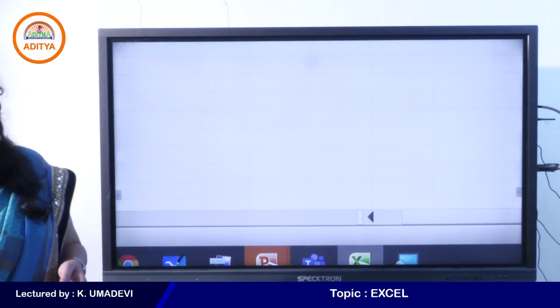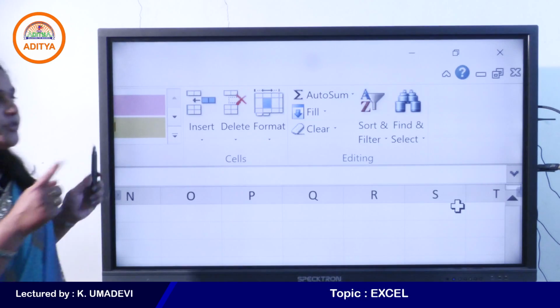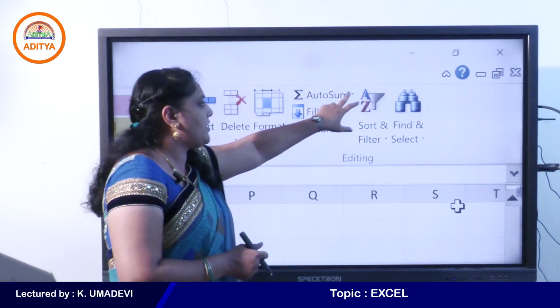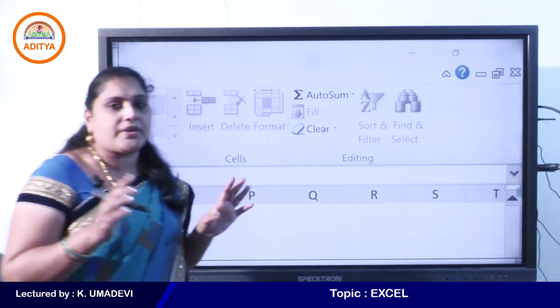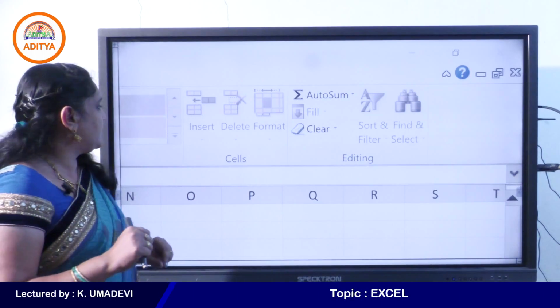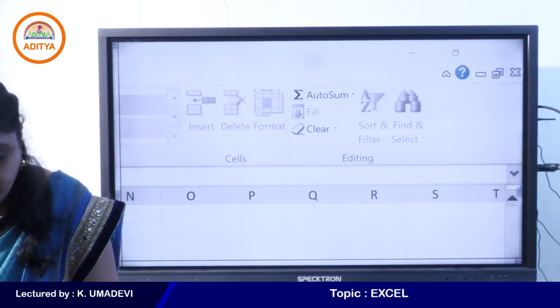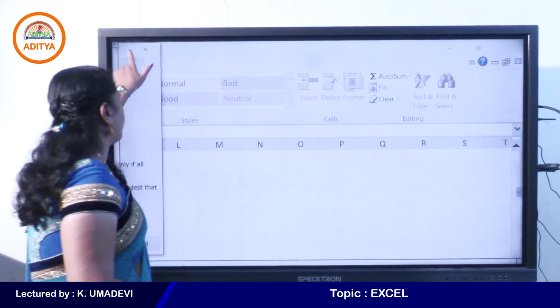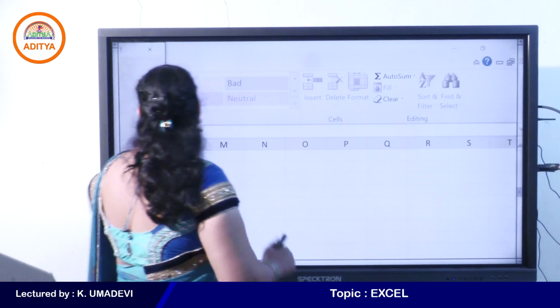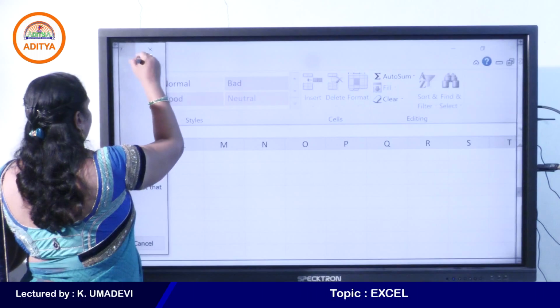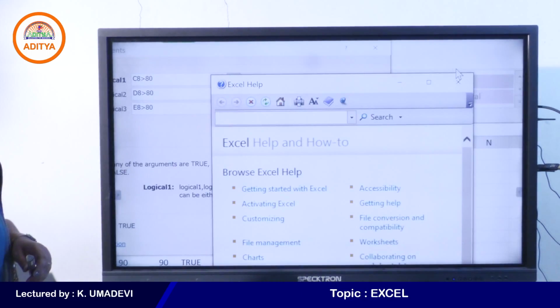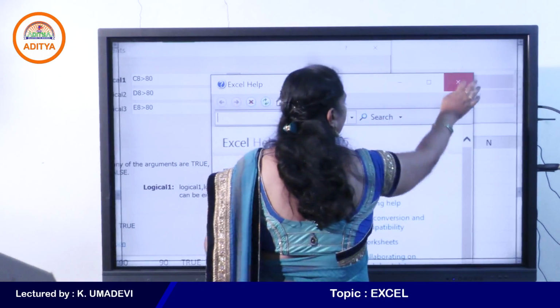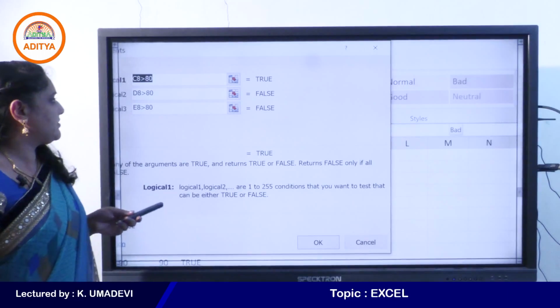I will show you again. The first method is to go to the Home tab, then click on the AutoSum drop down arrow and then click on More Functions. When you click on More Functions, you will get this dialog box, that is Insert Function.